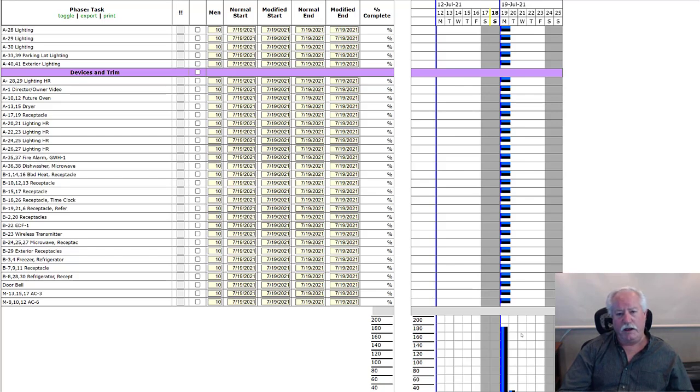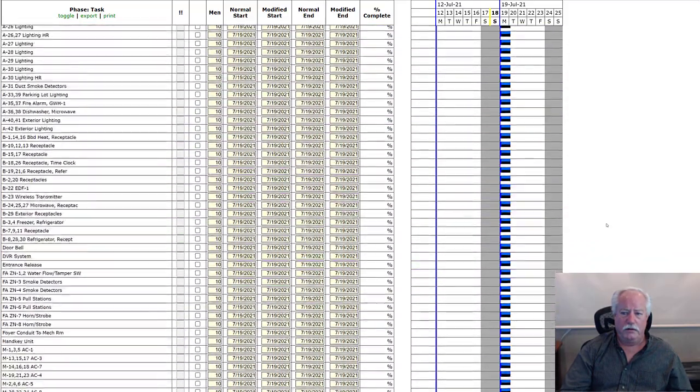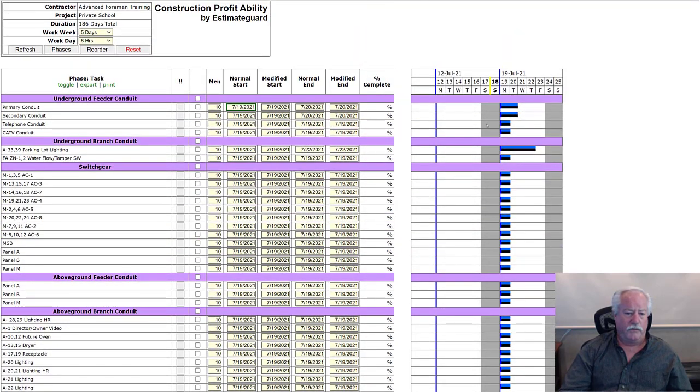So if I left these all stacked up like this, we'd need somewhere around 170 people on site for one day, and then we could drop down to 20 and then 10 for 2 more days and the job would be done, right? Obviously that's not realistic, so we need to spread all of these out into a schedule. And I'm going to do the first 4 tasks, or let's say 6 tasks right here for you, just to show you